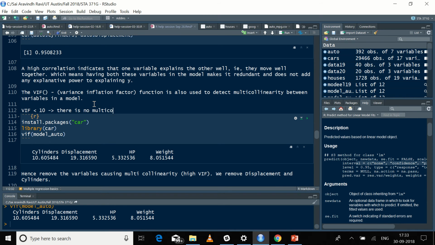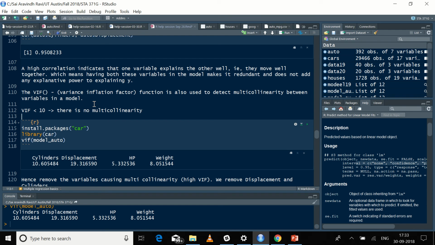Beg your pardon, this is 10, not 20. So you can observe here that the variables cylinder and displacement have a VIF value of greater than 10,